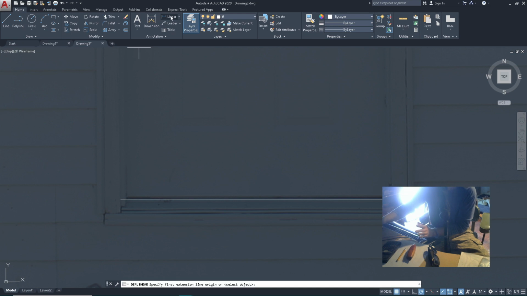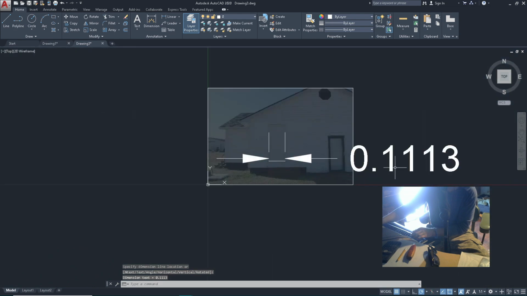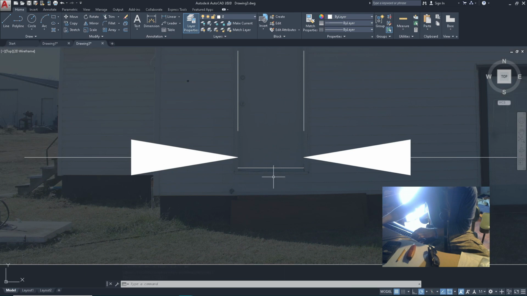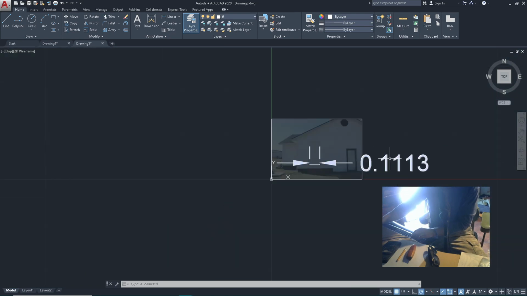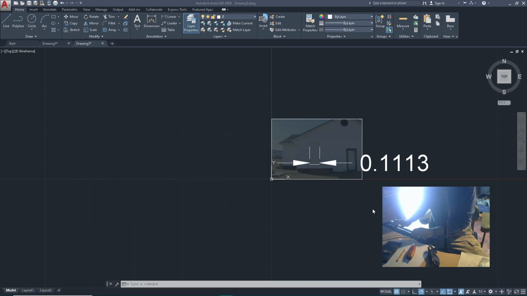Okay, so next thing I'm going to do is measure this line right here. And it measures 0.1113. So that would be way too small for my mom to walk through. That's too small for anybody to walk through, right? Okay. So what we need to do is get a calculator. And what we want to do is